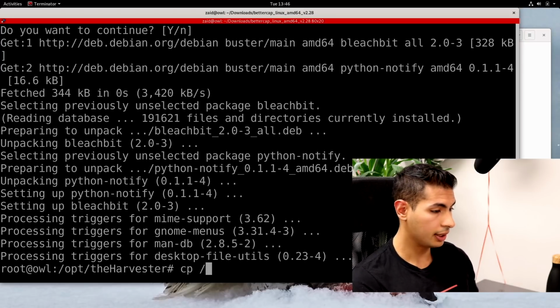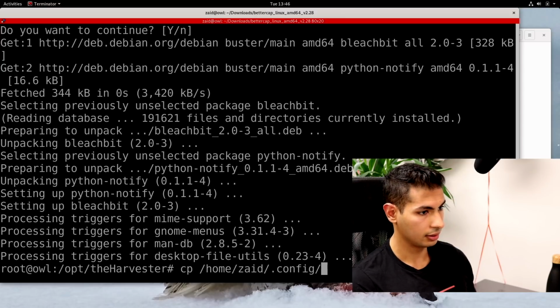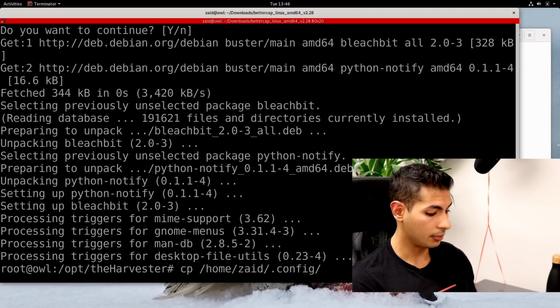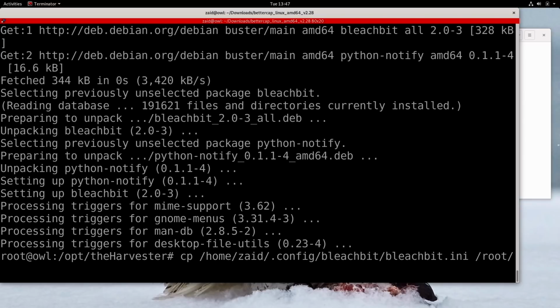So the file would be stored in your home directory, in the user, and in the .config. The name of the program, which is BleachBit, and the name of the file, the configuration file, is bleachbit.ini, and you want to copy this to the root home config directory. So this is going to be in root.config bleachbit,